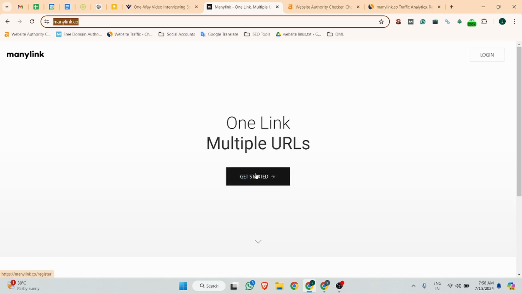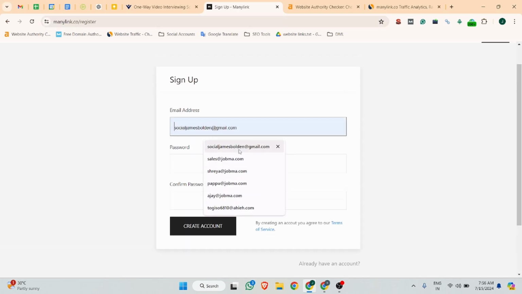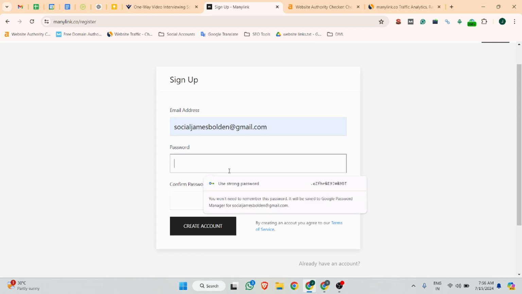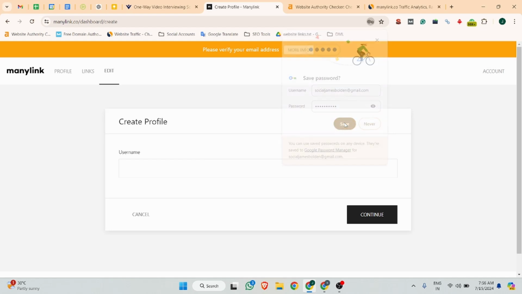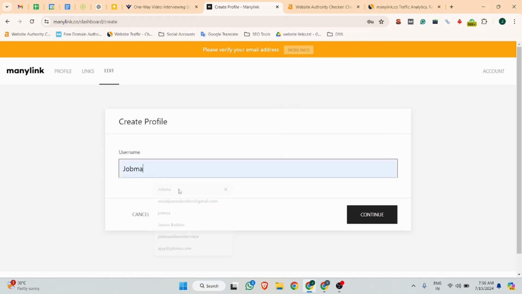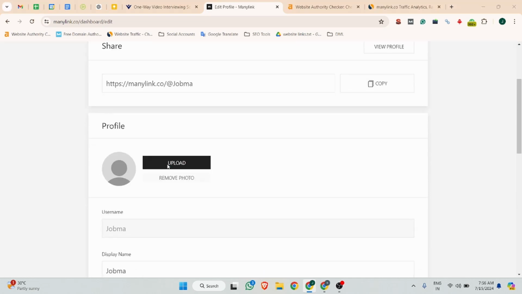Simply click on the get started button, and there you can add your email ID, then choose your password, and after that we can click on the create account button. So we have created it, and there you can add your username and click on continue. This is your shareable link, and you can upload